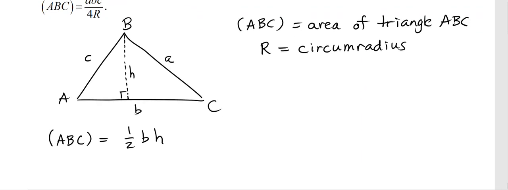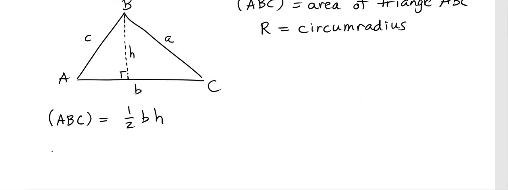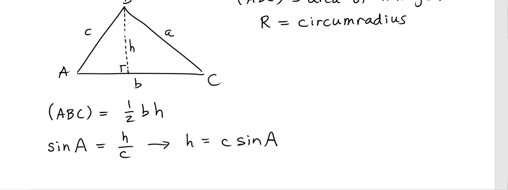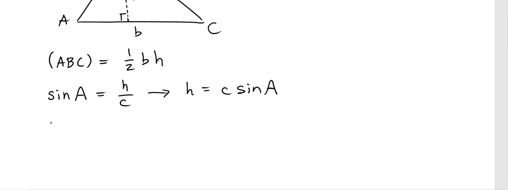However, I can use right triangle trigonometry to say that the sine of angle A is equal to h over c, which implies that h is equal to c times the sine of angle A. And I can substitute that into my area formula, and I have the area of triangle ABC is 1/2 bc